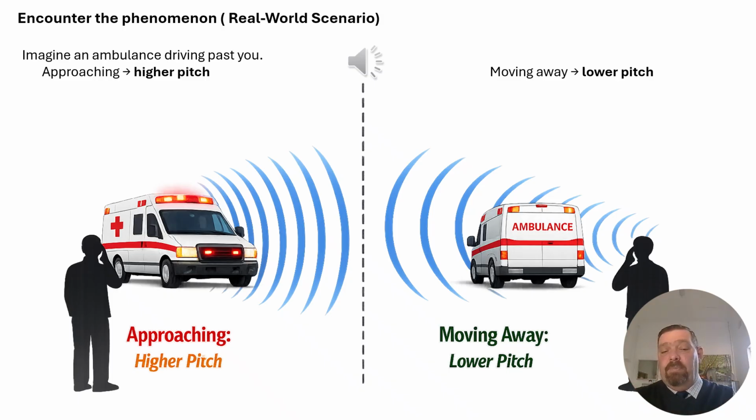This is what these two pictures are trying to show us. When an ambulance is coming closer, we hear a higher pitch. When this observer, the guy who's listening, has the ambulance, which we're going to call the source, the thing that's making the noise, move away, we hear a lower pitch. So this is the Doppler effect. And let's go and understand the science of the Doppler effect.